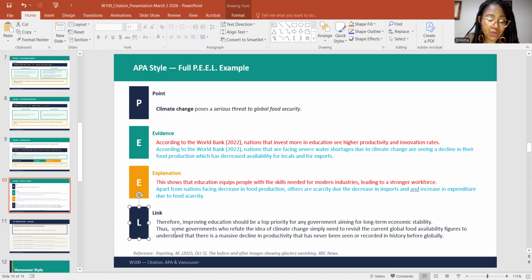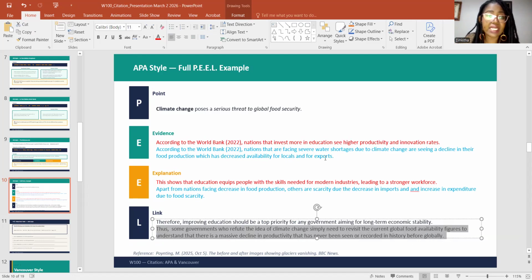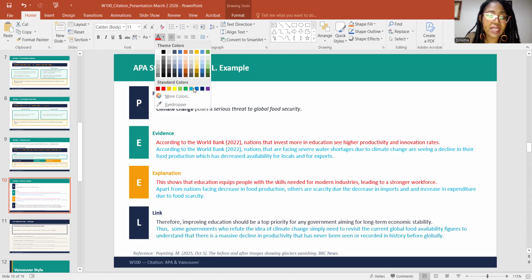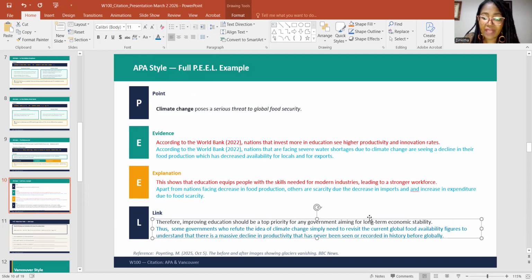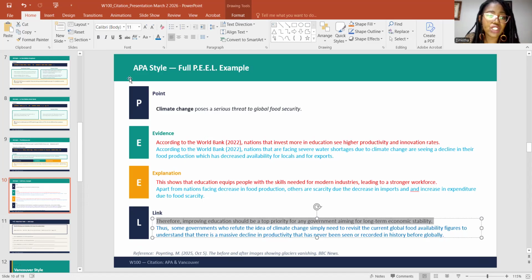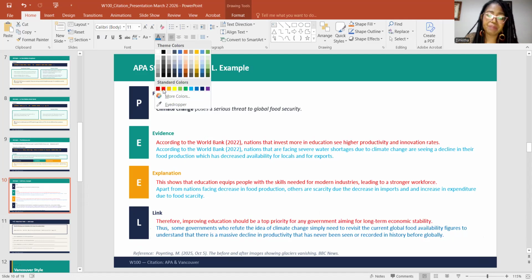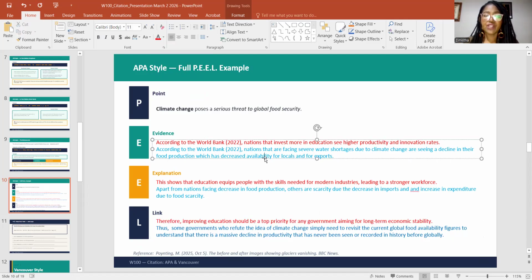Sorry, I just need to move this over. So I'm going to use this one because, again, it's connected to my point, which is my topic sentence. This one is correct. And the other one is incorrect because it's talking about education. It has nothing to do with food security. Okay? All right, there you go. So that is how you will do the APPEAL method. I hope that was very clear for you.